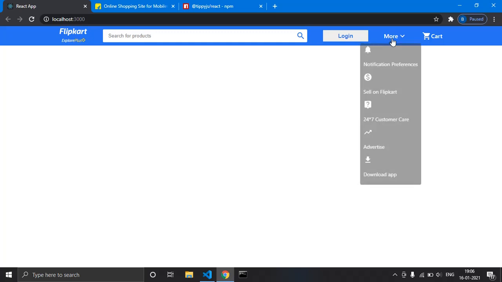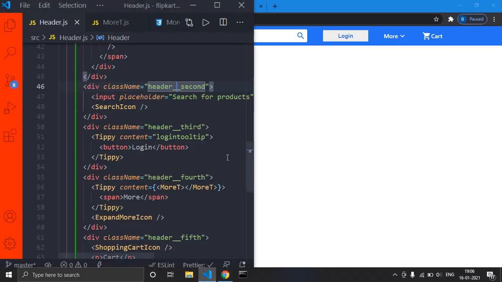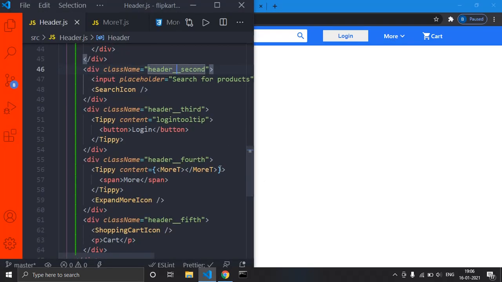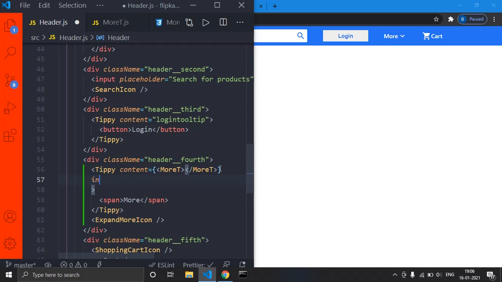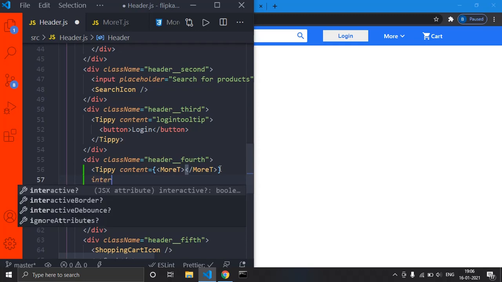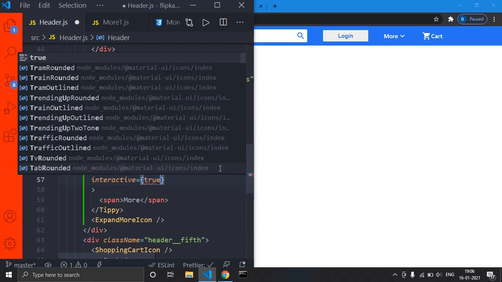So in order to prevent that, that means in order to hover over them, it also gives another prop called interactive. Just type in interactive equal to true.